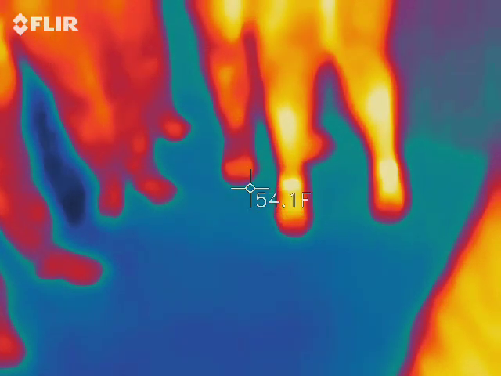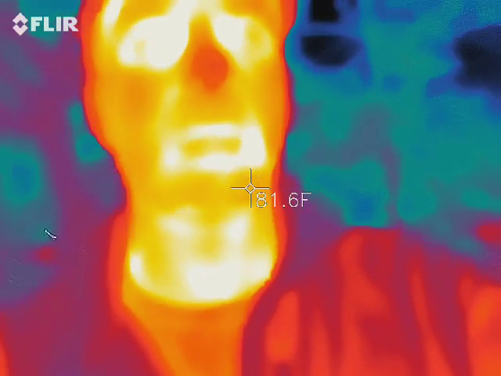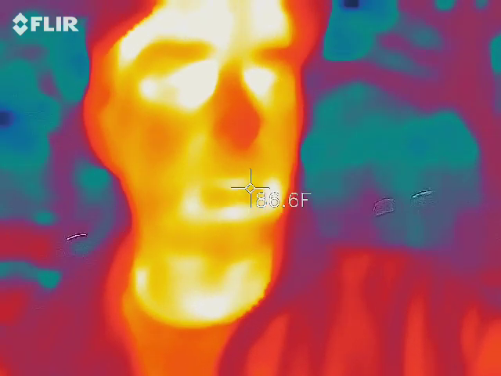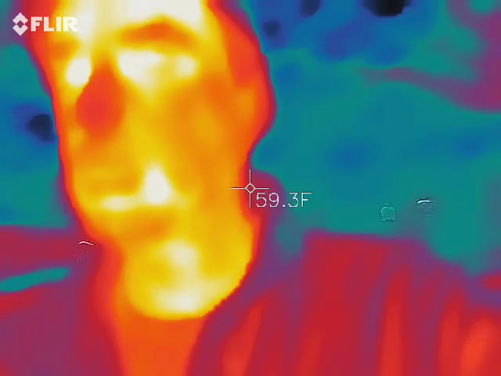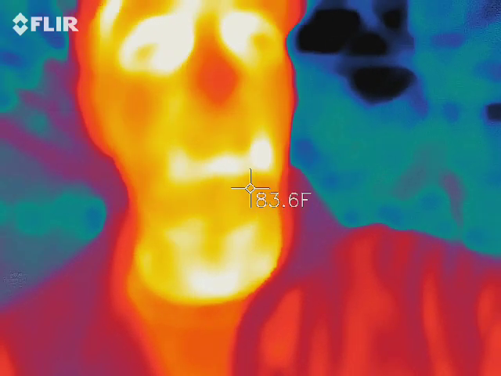us. It doesn't care what the temperature is around us. It's still going to give us an array of color. So you guys should all see my face in that picture. It should be orange, red, and yellow. So everything around me should be blue and black. What that means is that my face is the warmest thing inside the picture.